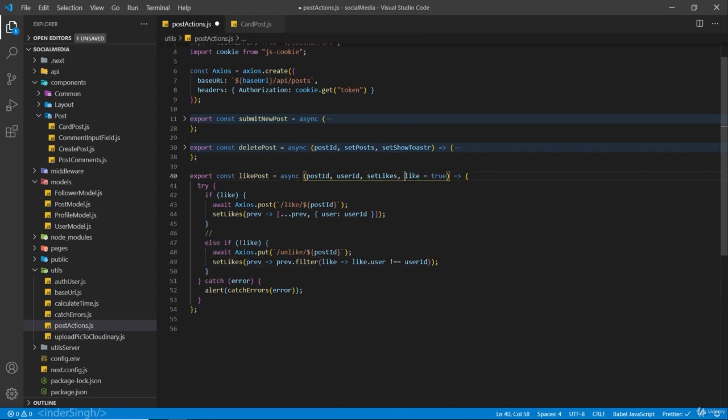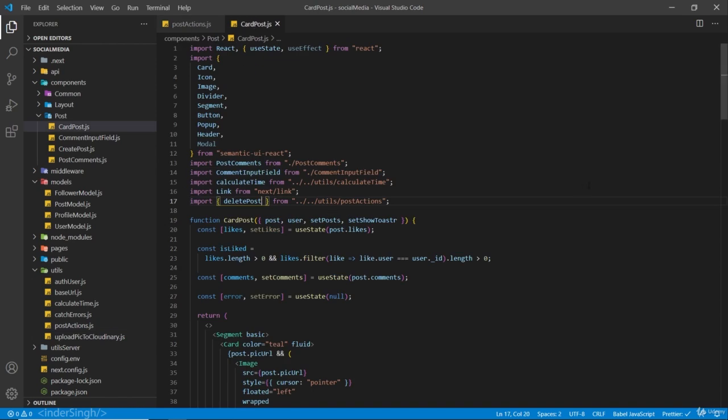So if you do not want to use this boolean syntax here of creating this boolean right here and checking for this like and not like, you can create a separate function for unliking the post, but I'm going to follow this approach. So now let's import this function inside our card post component, likePost,